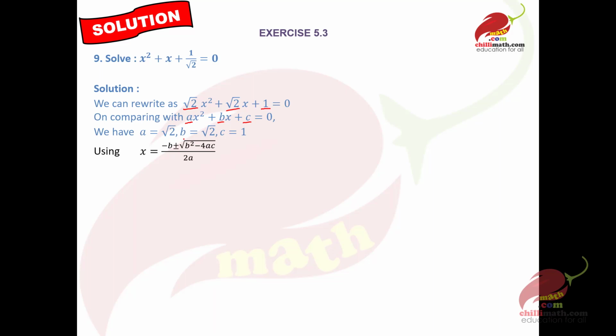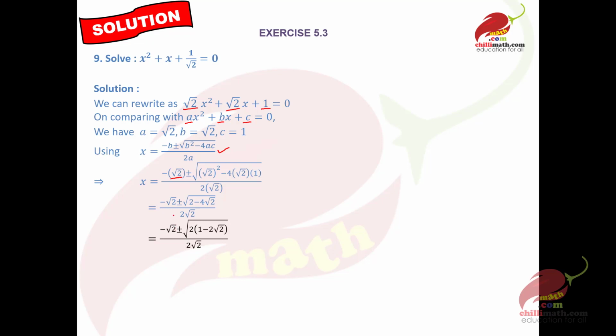Now putting these values of a, b, c in the formula to find roots, we get x equal to minus of b, that is root 2, plus minus square root b square minus 4ac by 2a. Upon solving, we get minus root 2 plus minus root 2 square is 2 minus 4 root 2 upon 2 root 2. To match your answer with the answer given at the back of your book, what we have done,